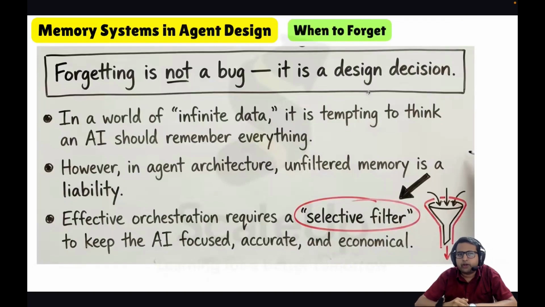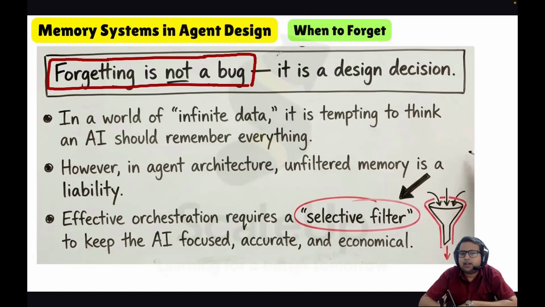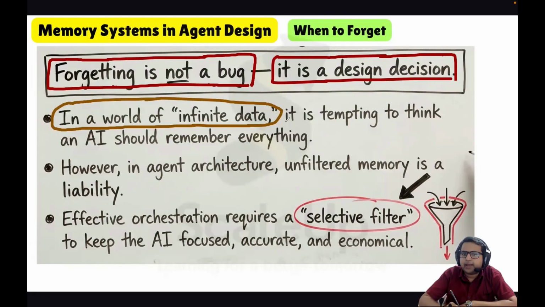Now we will discuss when to forget. Basically, in agentic AI systems, forgetting is not a bug. Rather, it is a design decision. Forgetting is a design decision. In a world of infinite data, it is tempting to think an AI should remember everything, but that is